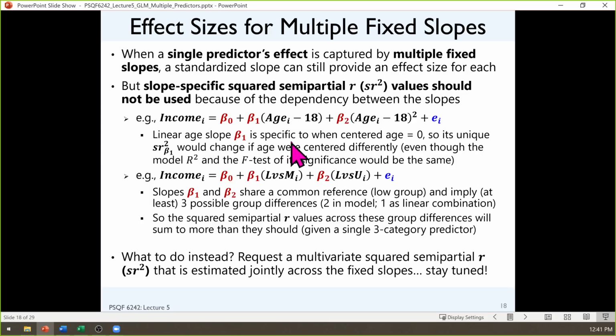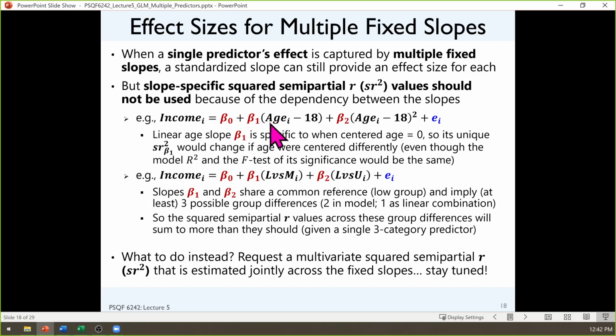So for something like these two cases right here, if I had a model that looks like this, I have the first one here, a linear effective age and a quadratic effective age. So we did this in the last unit. This is analogous to section 2 of the homework you just finished, looking at the linear and quadratic effects of enthusiasm. So in this case, we have to be careful when we think about effect size for beta 1, because beta 1 is conditional.